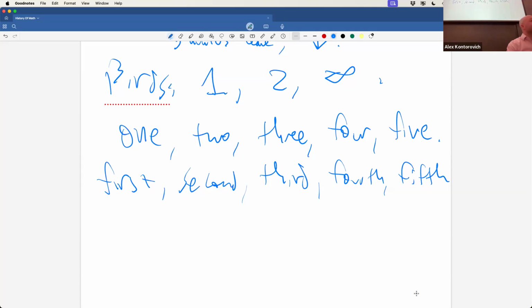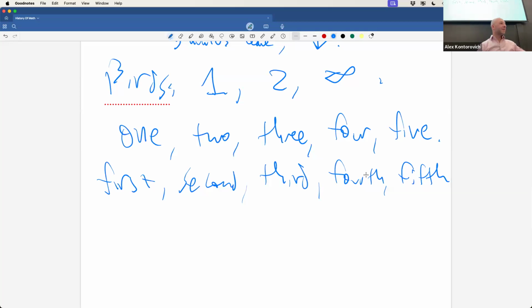Alexandra. First, second, third are distinctly written entities, whereas fourth, fifth, they all end the same. 3, third, 4, fourth, 5, fifth. They're following a pattern. 1, first, 2, second. These words have nothing to do with one another. These words, first and second, appeared in the English language long, long, long before the notion of third, fourth, and fifth. We are birds.